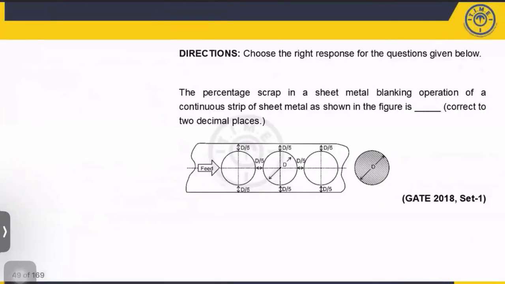Now, this question was asked in the GATE 2018. The percentage scrap in the sheet metal blanking operation. Okay, so first you understood what the question was asking. Can you please tell me what is the scrap? Scrap means